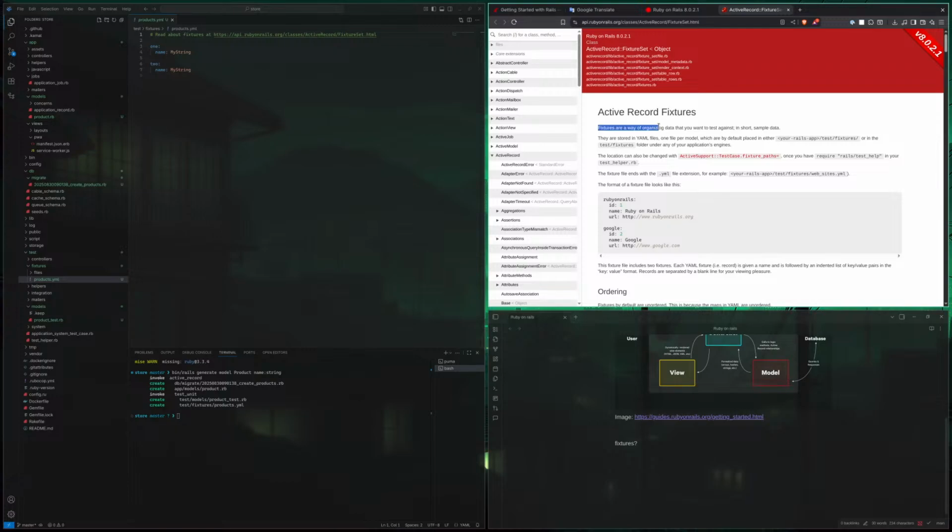Fixtures are a way of organizing data that you want to test against. Aha. Ah, this is pretty cool.